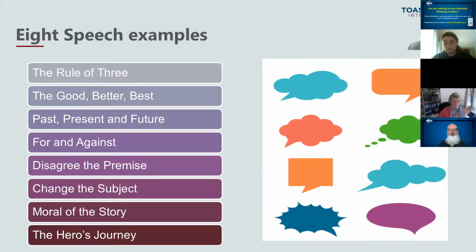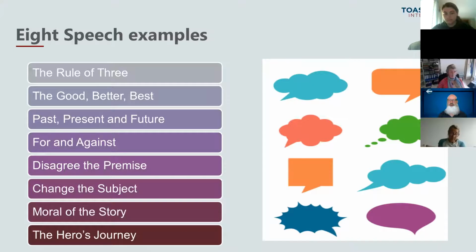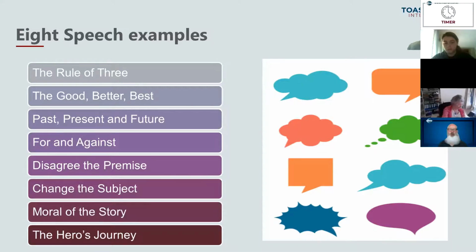But then for those that like humorous speeches and satirical speeches, you can disagree with the premise of the speech. You can change the subject of the speech. And for those that like storytelling, think about what the moral of the story is. Think about the hero's journey if you want to tell a longer story. So 8 different speech structures that we're going to go through.